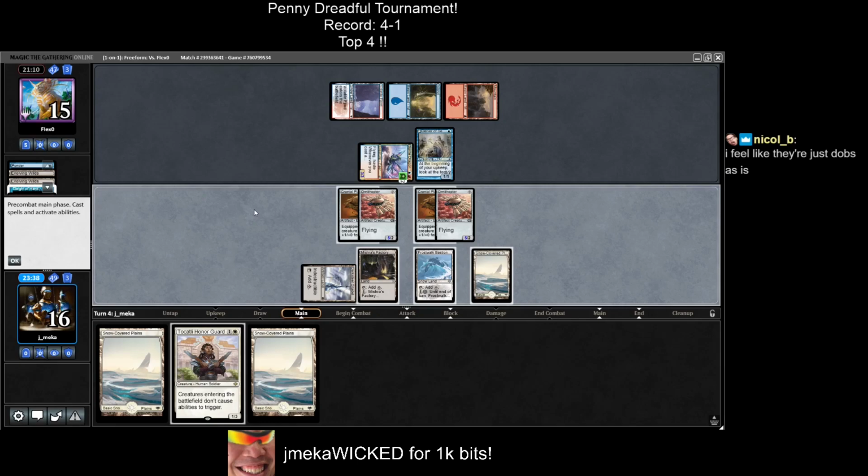I'm trying to think of what to attack with. The Factory or the Bastion. I don't think it really matters. I can't really play the Honor Guard, so